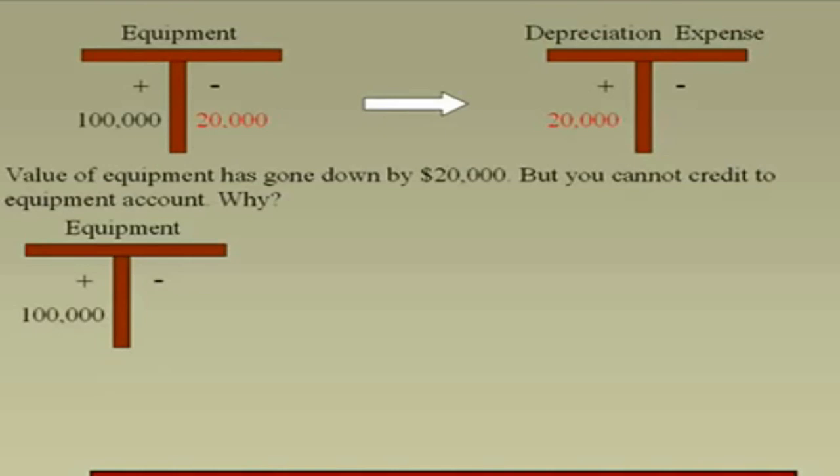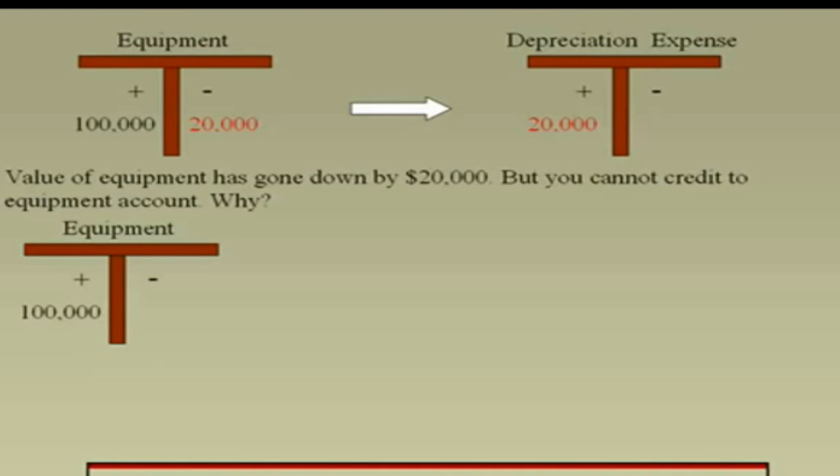Plus is when you buy equipment, so equipment goes up. So minus is when you sell equipment. Have you sold 20,000 worth of equipment? No, that's not correct. So the 20,000 has to be shown in another account,